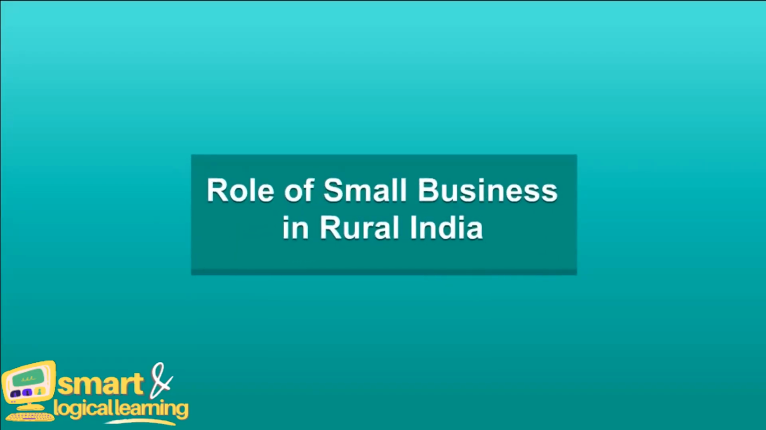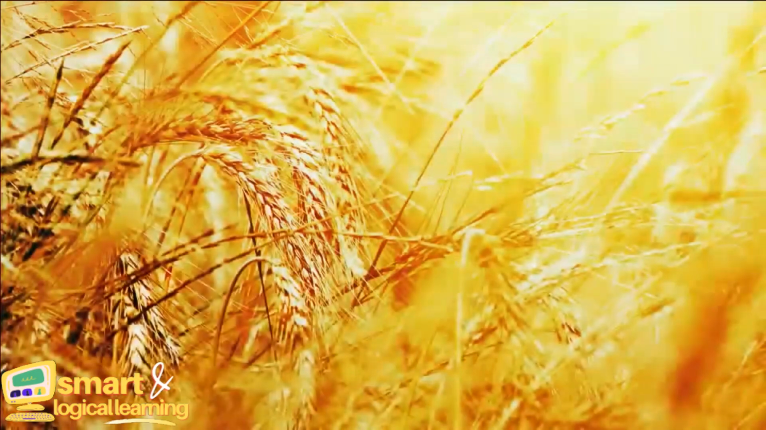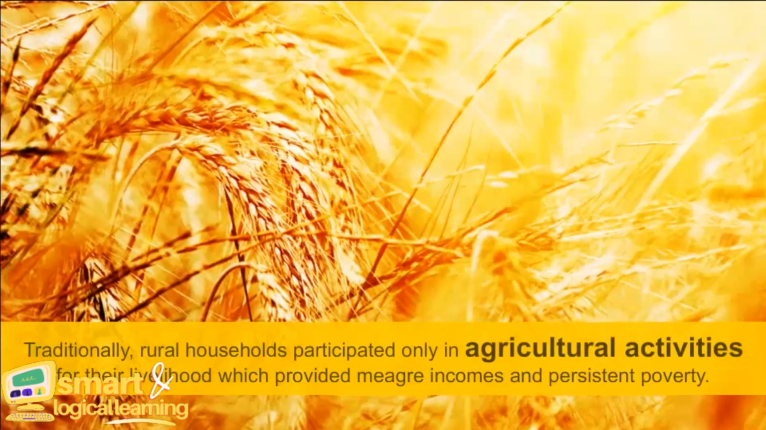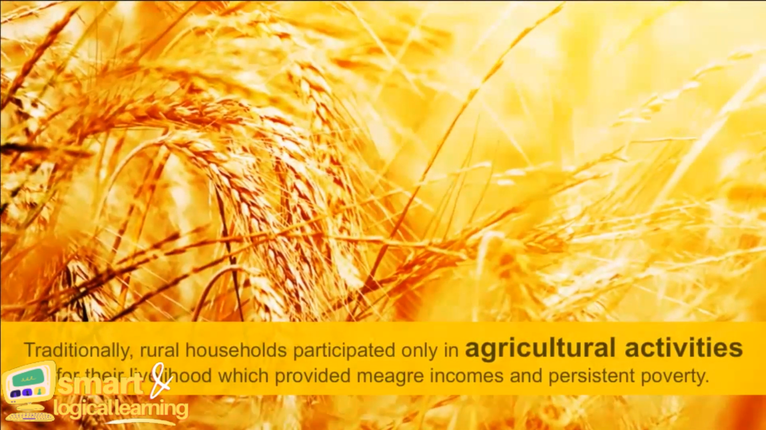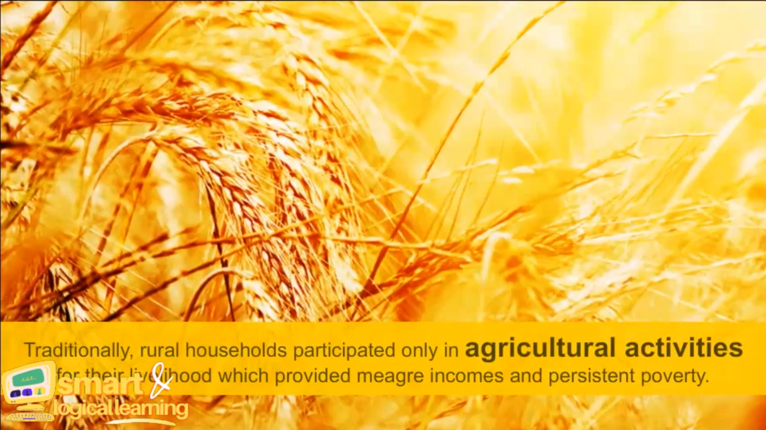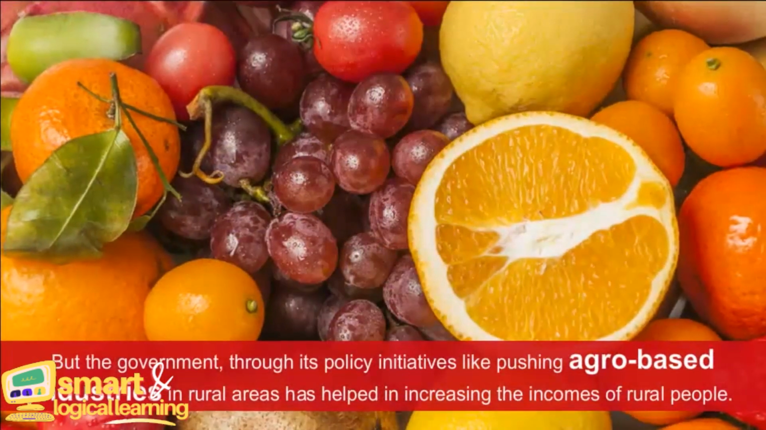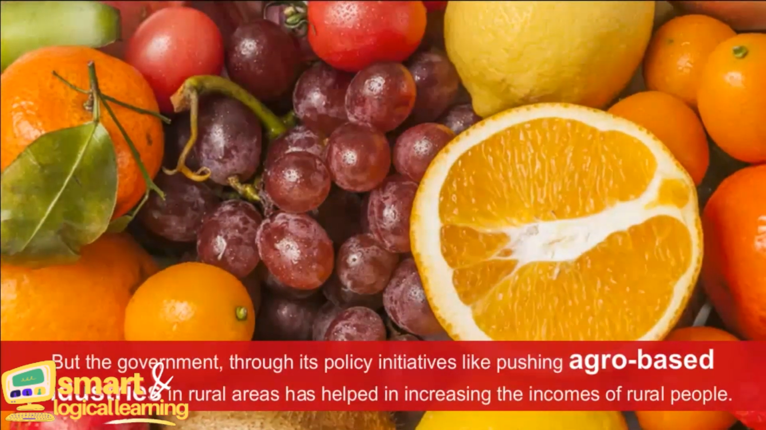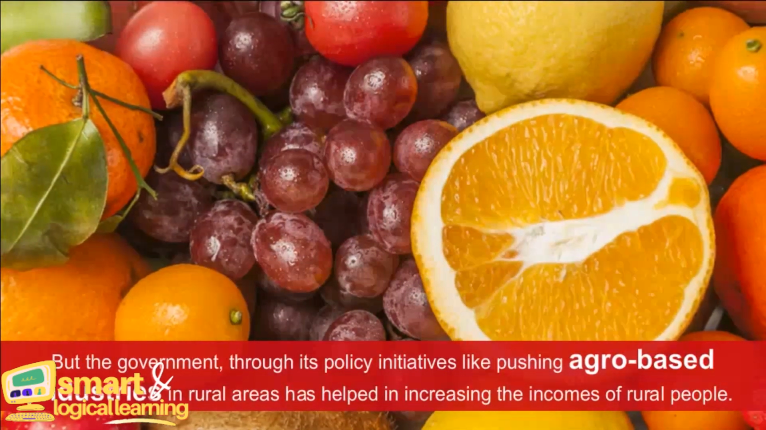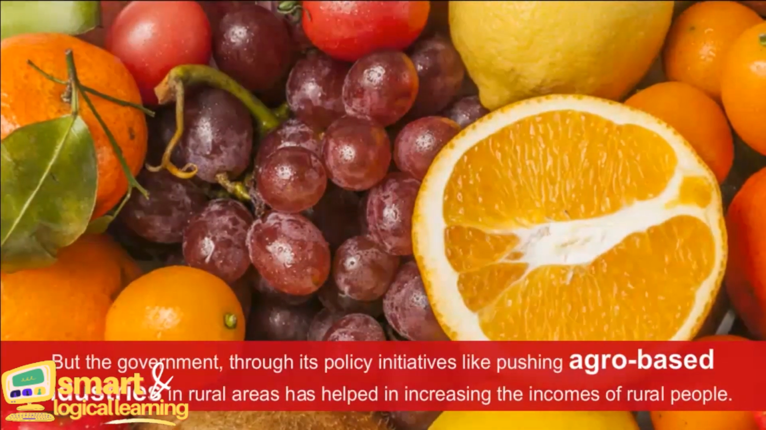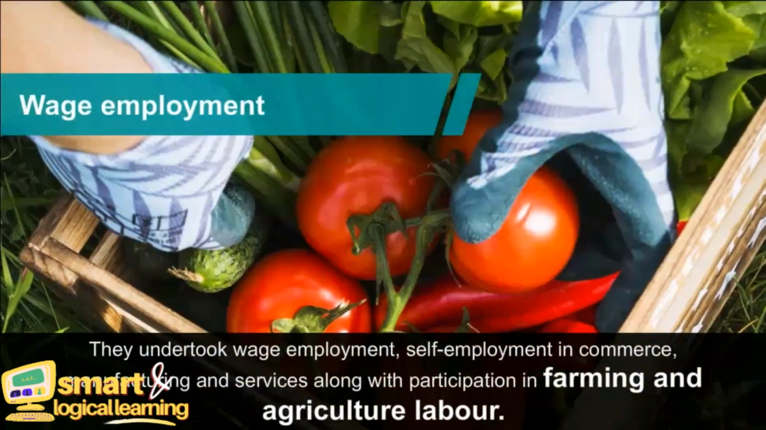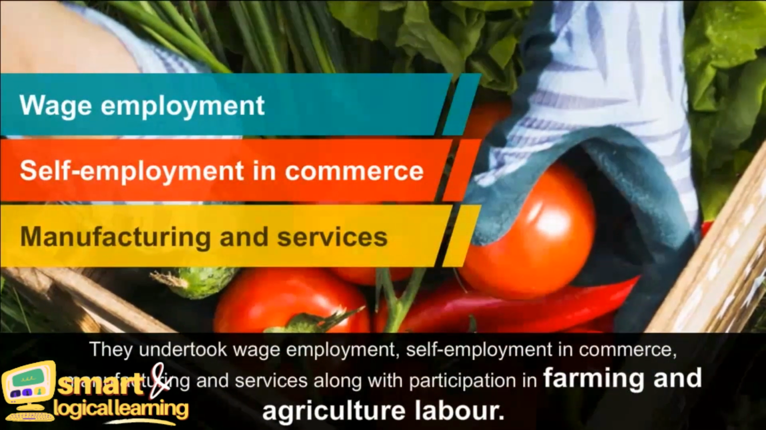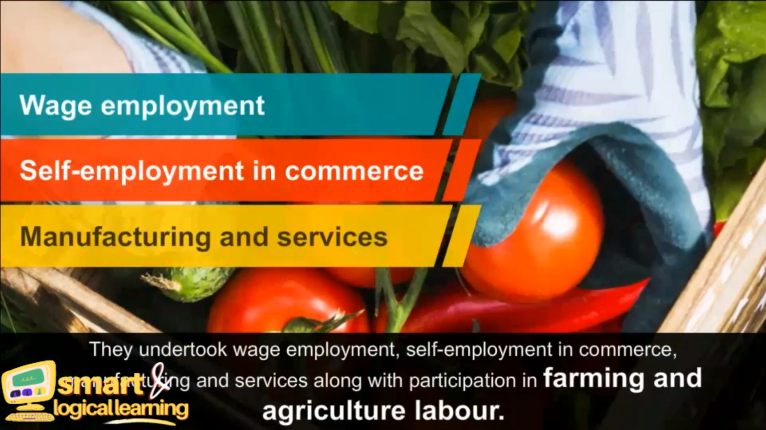Role of small business in rural India. Traditionally, rural households participated only in agricultural activities for their livelihood, which provided meager incomes and persistent poverty. But the government, through its policy initiatives like pushing agro-based industries in rural areas, has helped in increasing the incomes of rural people. They undertook wage employment, self-employment in commerce, manufacturing and services, along with participation in farming and agriculture